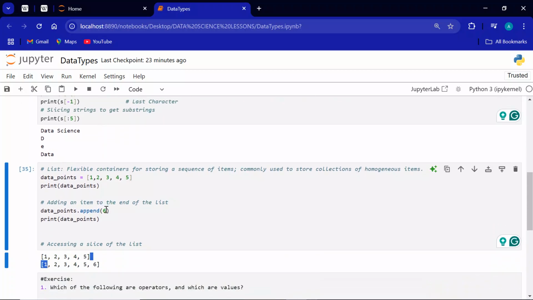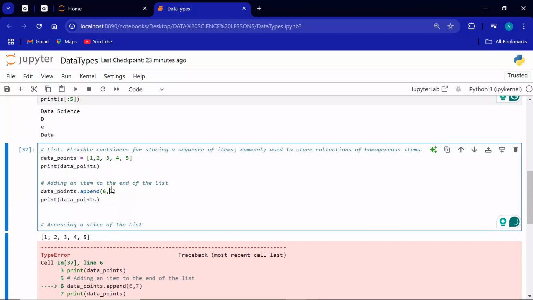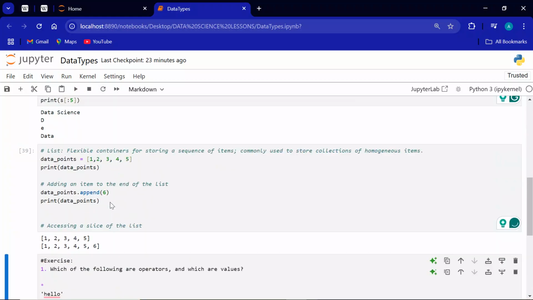Now, I can add a lot of stuff. Sorry, what was it that I added? We could add 6. If you want to add other stuff, you have to add it as a list. Okay,